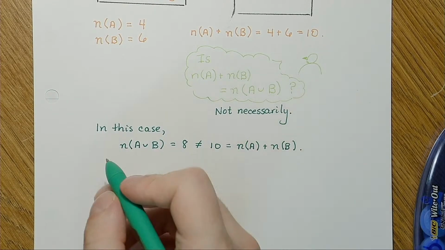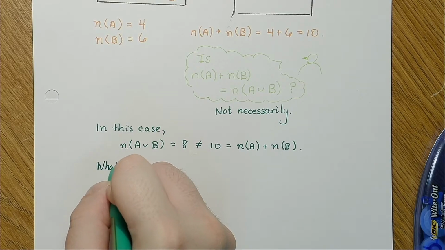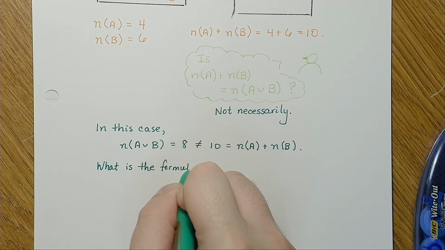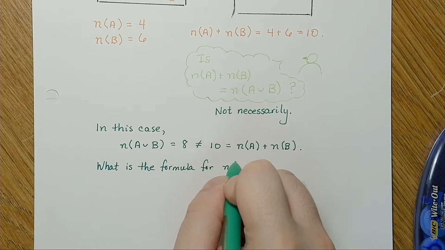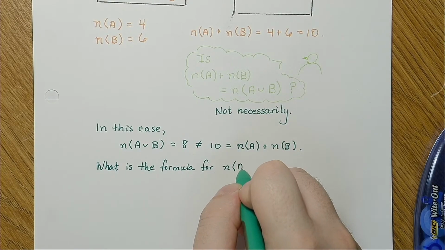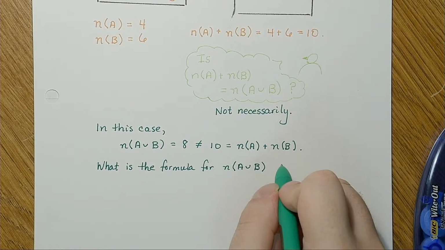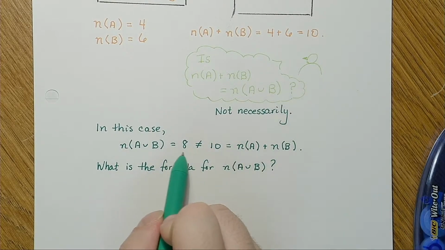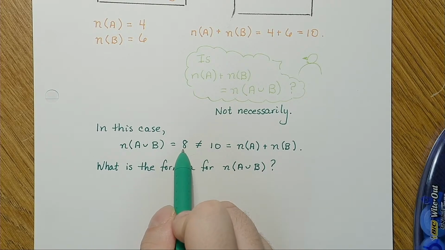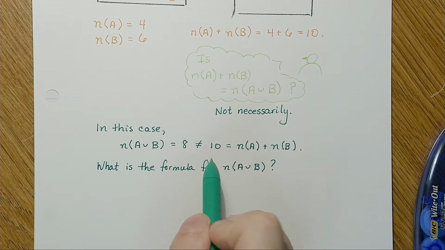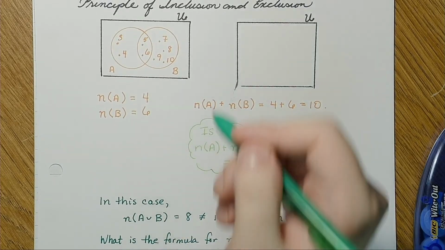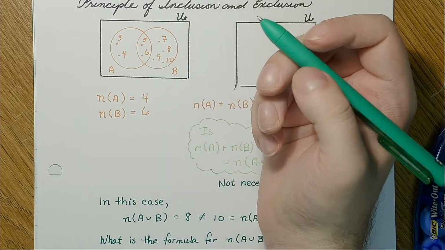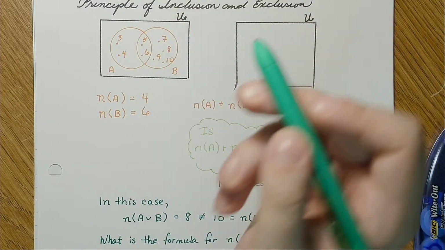So, what is the formula for A union B? Well, we notice that there's just a difference of 2. And that difference of 2 comes from the overlapping 2 elements that are in between A and B. So that's what we can actually do, is if we